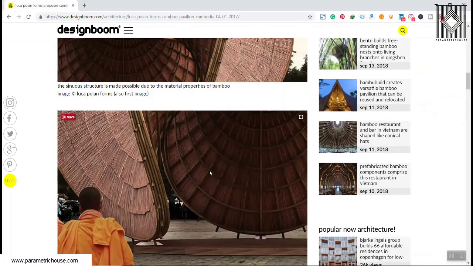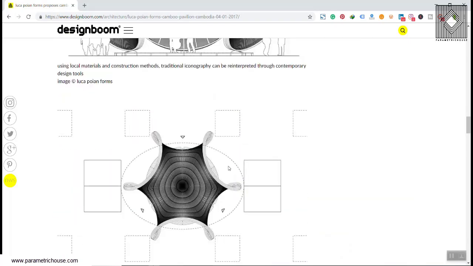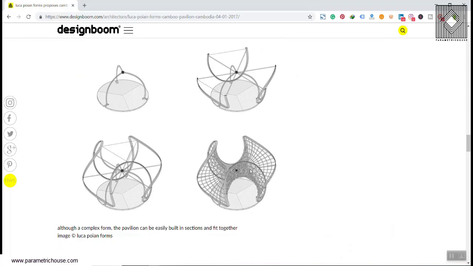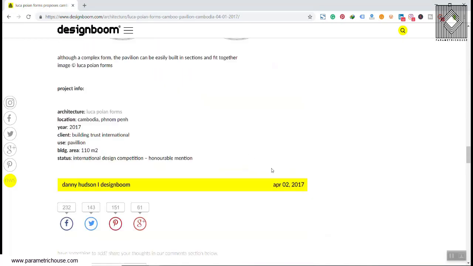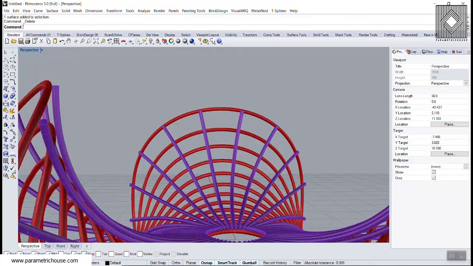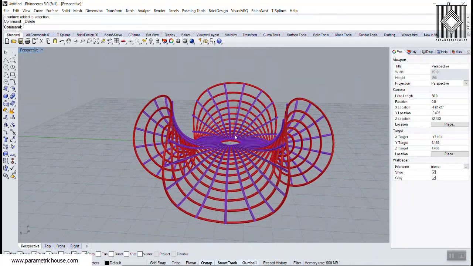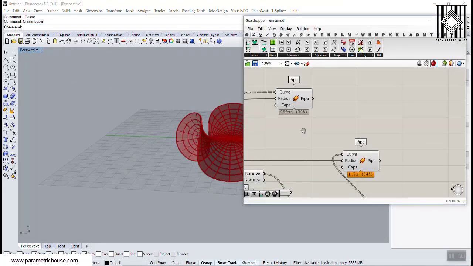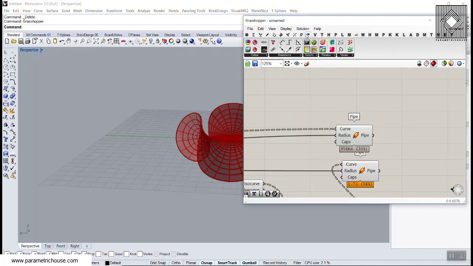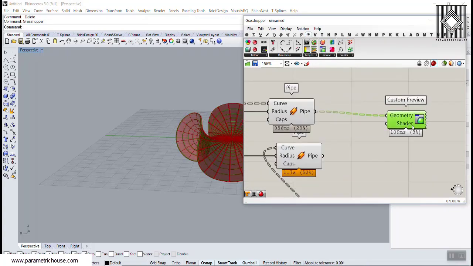So for sure there are tips for making this in the real world, but there are details, but you can see this is really similar. So this is the way you can make it, but in the Grasshopper section, we can see that this is not really hard to model in Grasshopper. Okay, we can delete that, and let's just choose from the display a custom preview to just color those pipes,